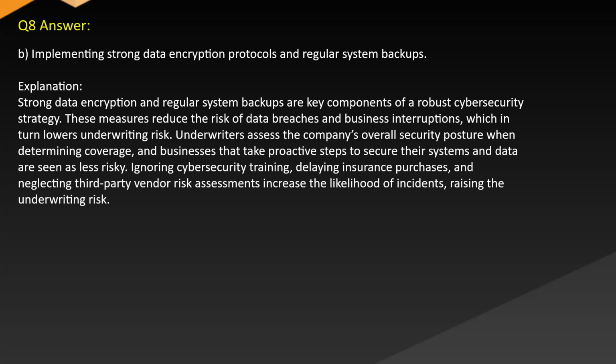Answer: B. Implementing strong data encryption protocols and regular system backups. Explanation: strong data encryption and regular system backups are key components of a robust cybersecurity strategy. These measures reduce the risk of data breaches and business interruptions, which in turn lowers underwriting risk. Underwriters assess the company's overall security posture when determining coverage, and businesses that take proactive steps to secure their systems and data are seen as less risky. Ignoring cybersecurity training, delaying insurance purchases, and neglecting third-party vendor risk assessments increase the likelihood of incidents, raising the underwriting